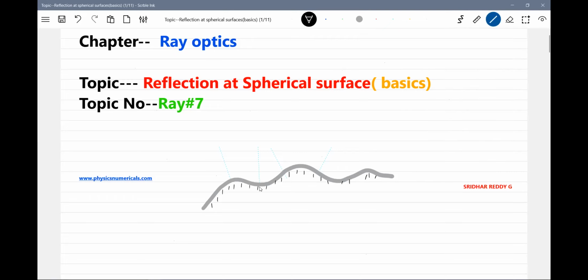How it will be reflected. The same laws of reflection will hold good here also. This ray will be reflected. Now, if a ray is incident here, angle of incidence equals angle of reflection. Similarly, if a ray is incident,